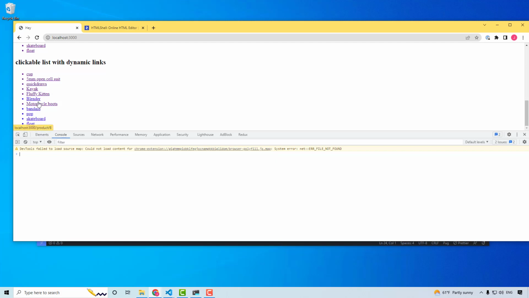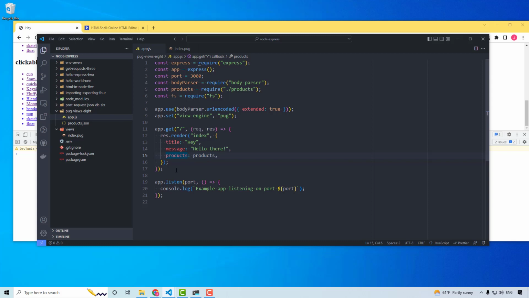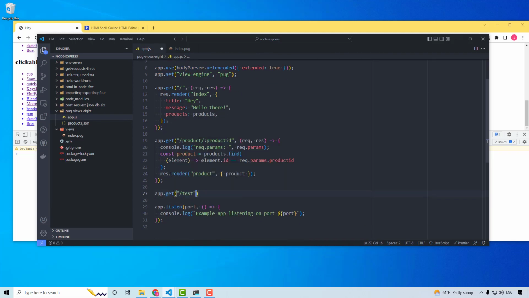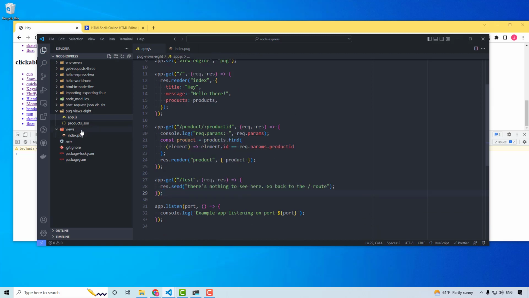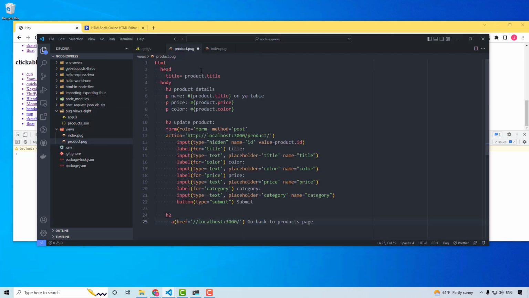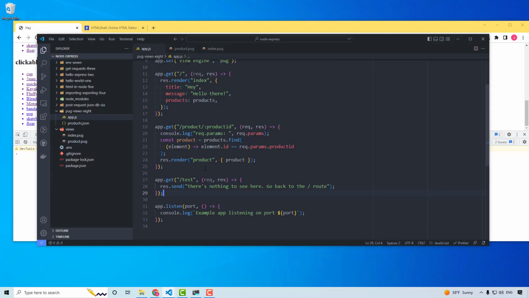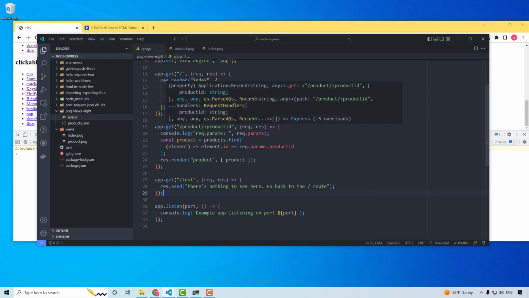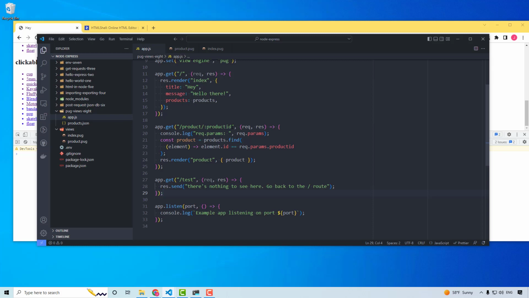So we need to make that route now. And at this point, there's nothing new that I'm going to show you in this next part. So I'm just going to write this out and then I'll briefly explain it. Okay, I know that was a lot, but let's just take a brief look. The first thing is an app.get test route, just to make sure that those links aren't broken in the previous page. And then the other thing we did was we made a slash product ID route,